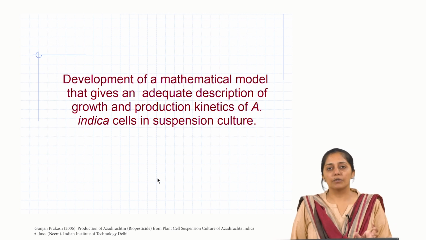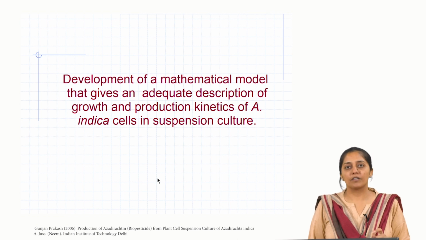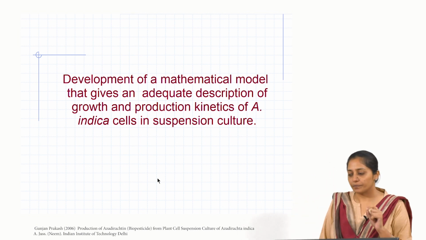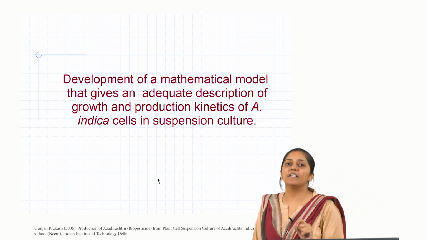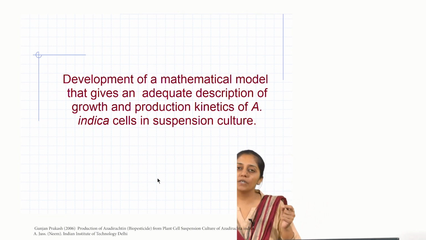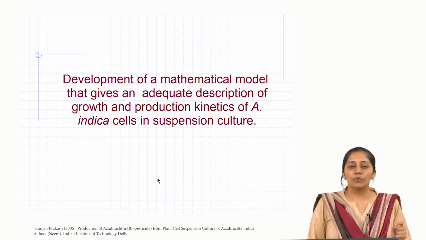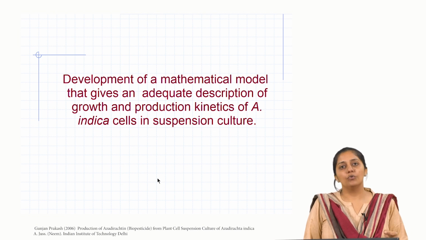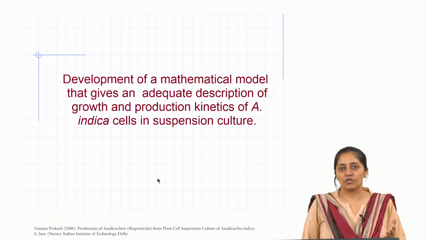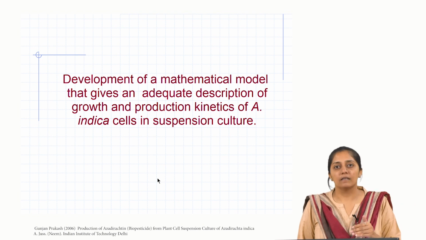So, after a suitable reactor configuration was chosen for maximum productivity of azadirachtin in batch, they also then wanted to develop nutrient feeding strategies in the reactor to further enhance the yield and productivity of azadirachtin in the reactors. Now, for doing this, one way is to do hit and trial with respect to time of addition of the feed, the concentration of the feed in the reactor, and the manner in which the feed is done.